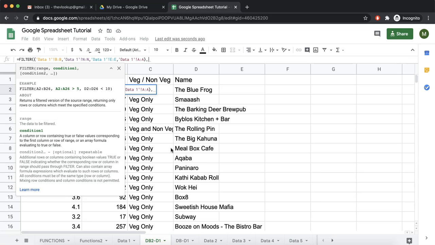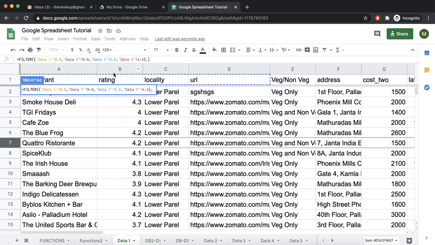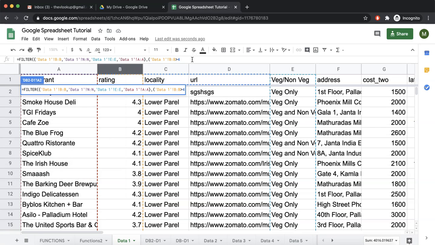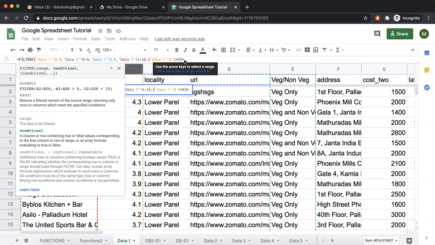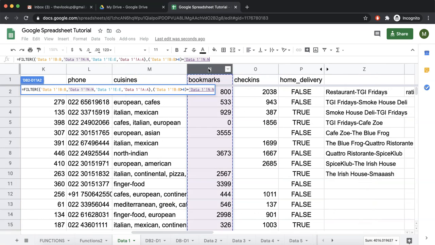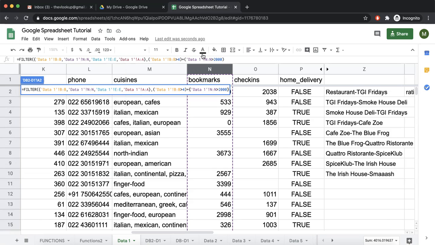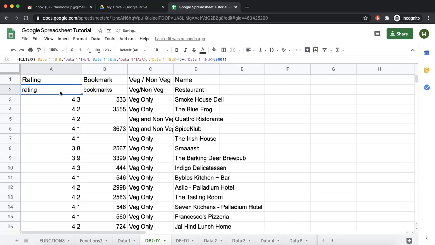So what we do is we say rating should be greater than 4 and put this entire thing in a bracket, this entire condition, and put plus, or bookmark should be greater than 2000, and this also goes in bracket. So you created two brackets, you created two conditions, put both of them in a bracket, and then add plus in between. So either this is true or this is true. In any case, the entire condition is true. And now we get everything that has either rating is greater than 4 or bookmark is greater than 2000.